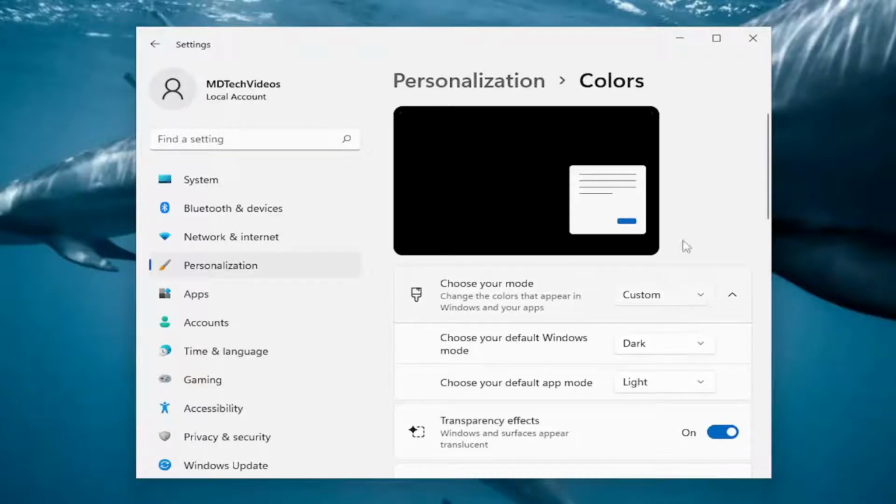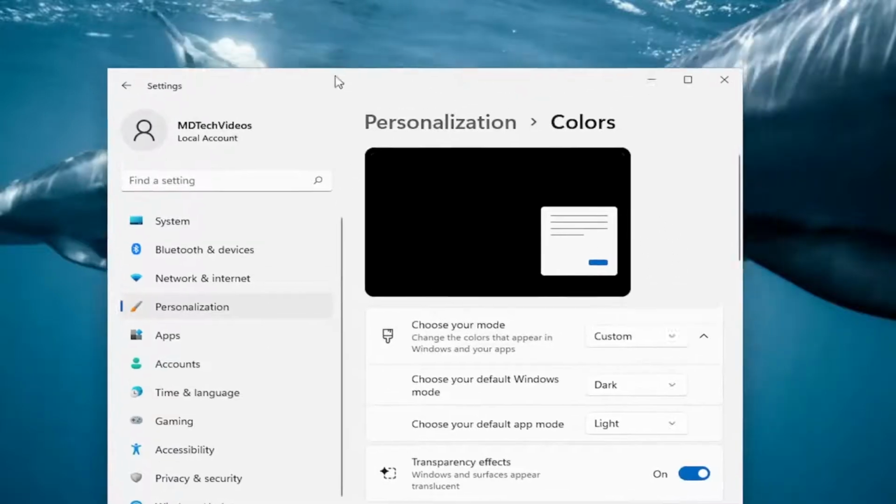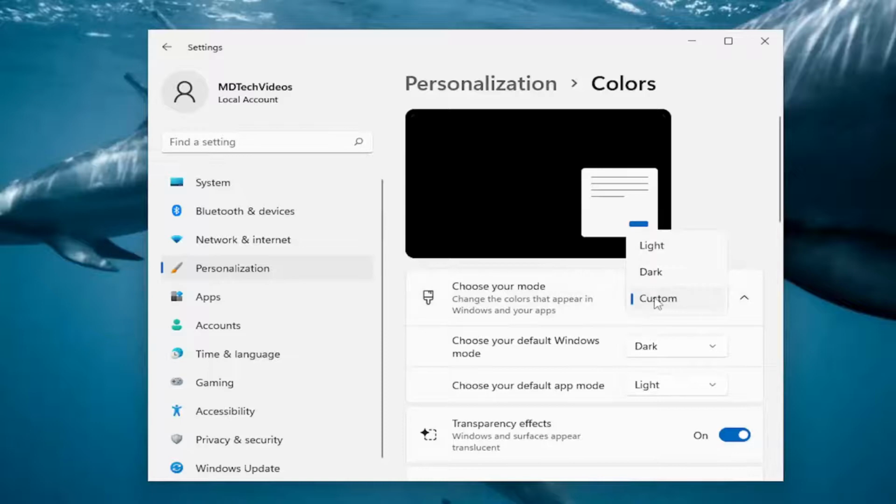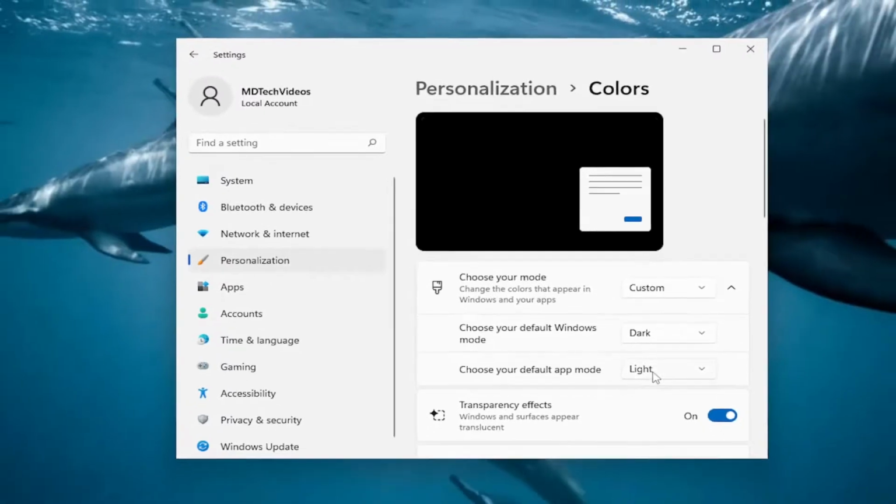If you want to do what I have here and have the settings windows as a light theme and then the taskbar and start menu as dark, what you can do is just set your settings exactly how you see on my screen here. So where it says choose your mode, click on the drop down and you would select custom, and where it says choose your default Windows mode, you can select dark, and then choose your default app mode, you would select